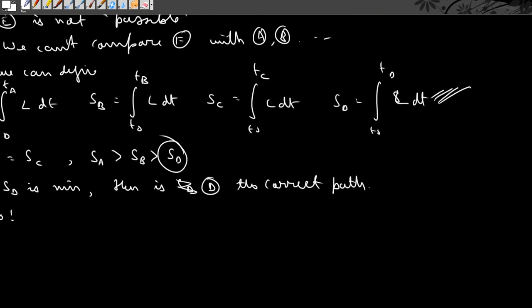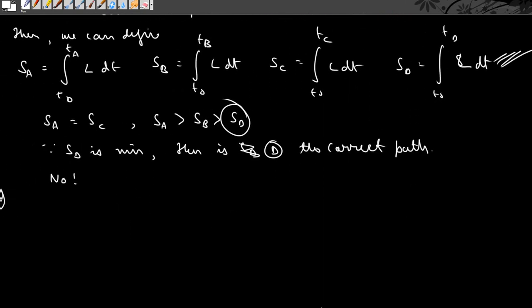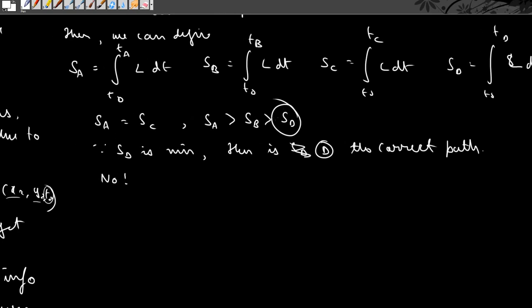That is the reason why we cannot use Hamilton's principle in this case and choose a correct path in this manner by just knowing that SD is minimum among SB and SA. Even if SD is minimum among these, if you consider all the paths which begin and end at the same points as the path D, the path corresponding to SD may not be minimum among all those paths. That's a lot of things to write, so I'll shorten it down, and if you do not get it, just go back in the video and listen again.